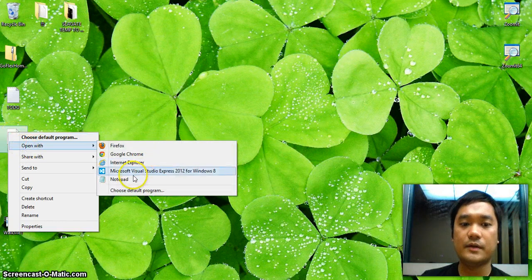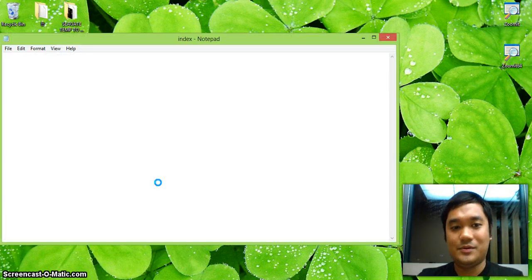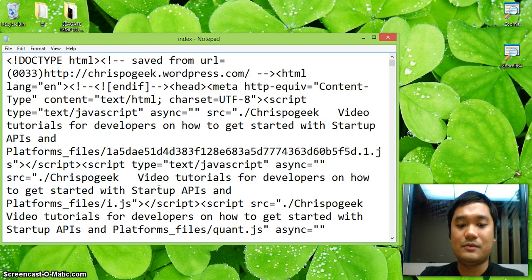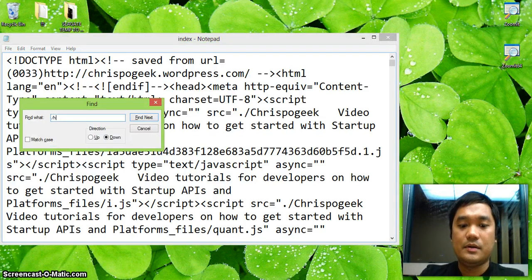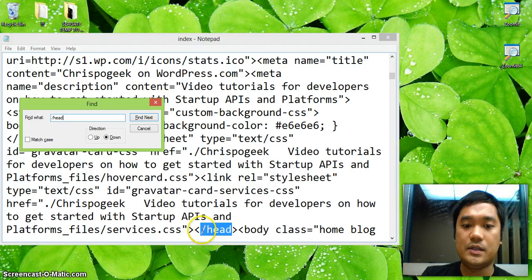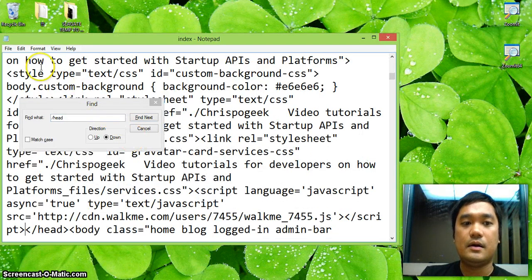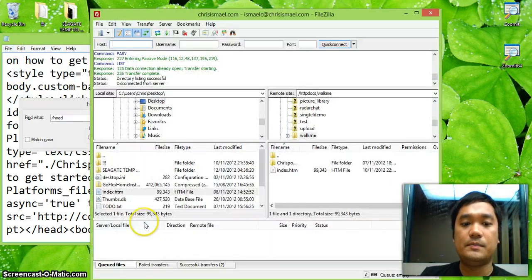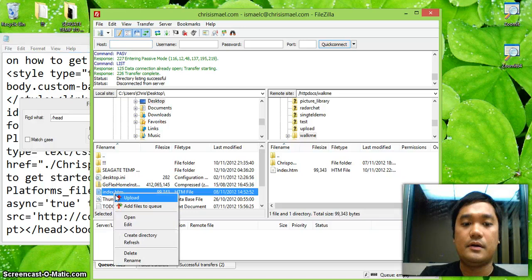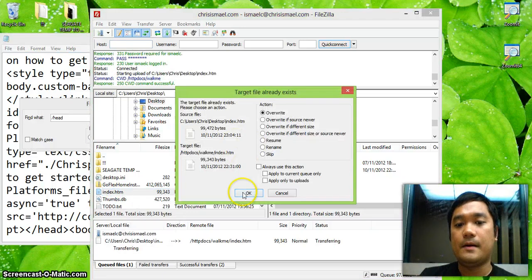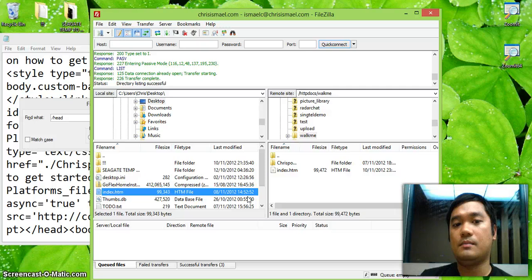I'm just gonna modify this with nothing less but Notepad, and I'm just gonna go right ahead and plunk that snippet just before the head tag ends, and I'm just gonna insert that and click save, and then use my FTP client to upload that to my server. So it's gonna overwrite my index.html. So now that we now have that snippet in,